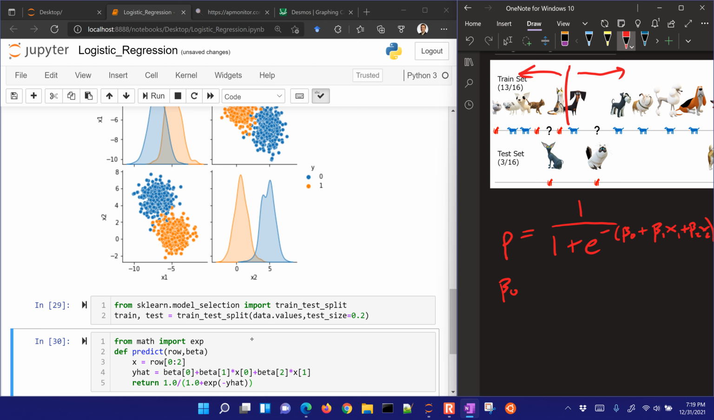Beta 0 is going to be, for one iteration, beta 0 plus the learning rate, L rate, times the error, times y hat, times 1 minus y hat. And then for our coefficients,